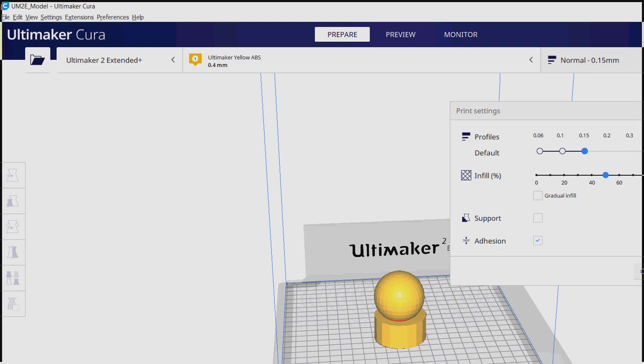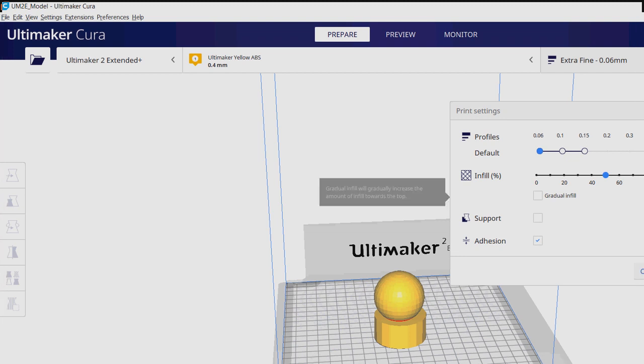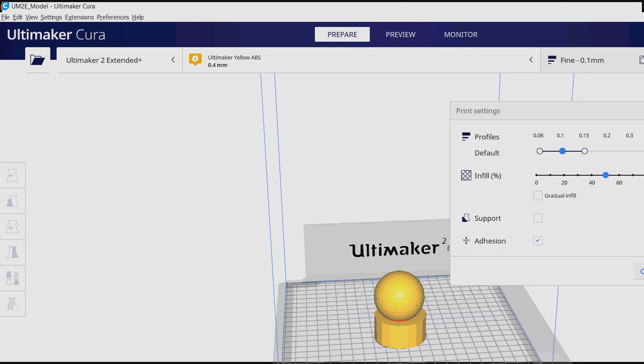Suppose I want 100%, just say. See, it will take 98 gram. Okay, so there will be no void inside the object. So it will take around 15 hours. Suppose I want to make it 50%. So according to your requirements, how much force will be applied on the object, according to that you have to